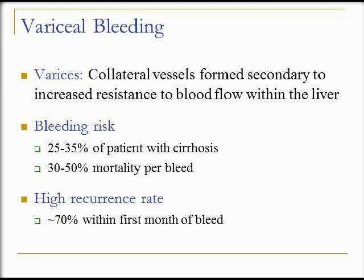All right, variceal bleeding. So as far as varices go, most patients with a diagnosis of cirrhosis are going to be screened intermittently for presence of varices. So once patients get a diagnosis of cirrhosis, they're typically undergoing a screening endoscopy to see if they have large enough varices to go on primary prevention for bleeding. And you can see here that